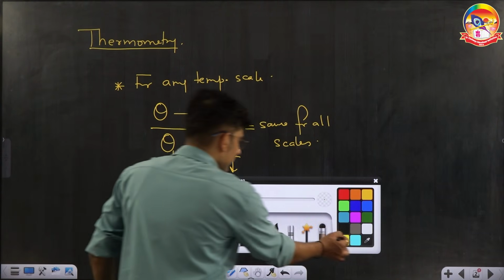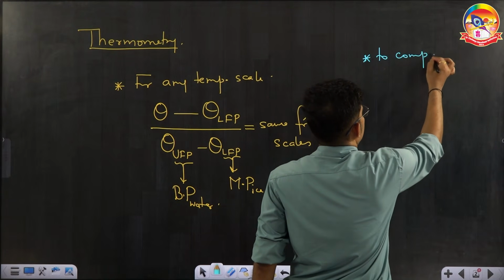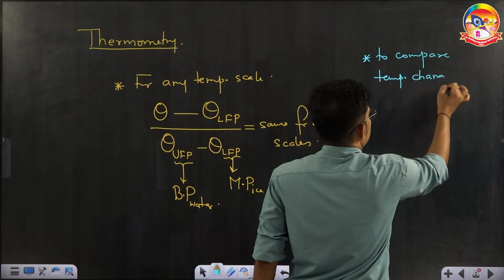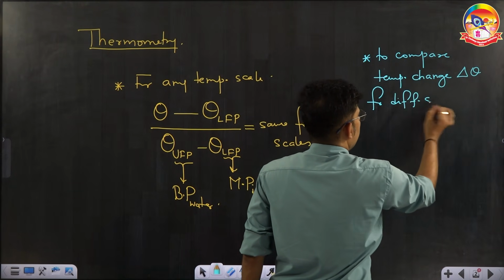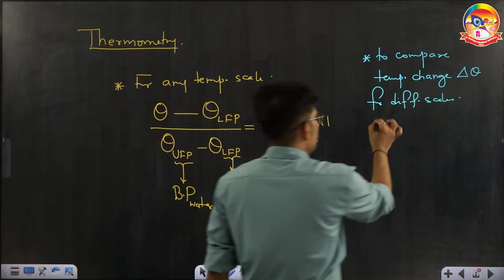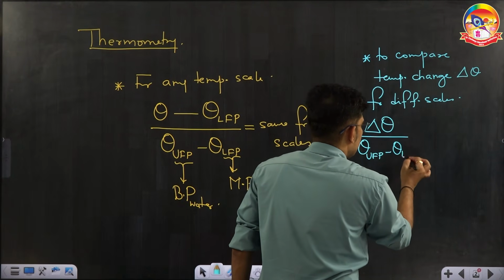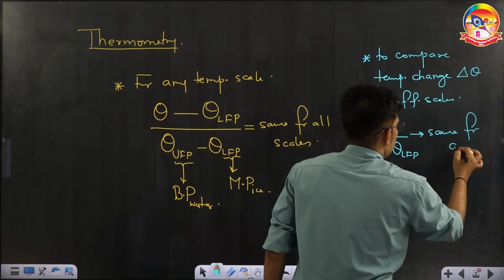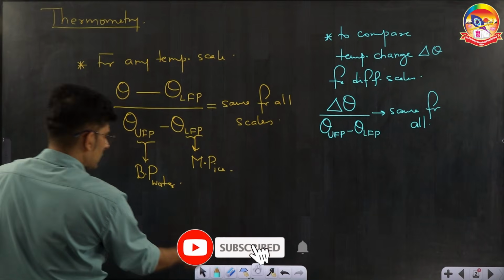Second formula which we have, if we wish to compare temperature change, which we will denote as delta theta, for different scales, instead of the numerator part theta minus theta LFP, you will just use delta theta. Denominator will be the same, upper fixed point minus lower fixed point, and this value is the same for all. So we will take an example for both so that you understand how we are